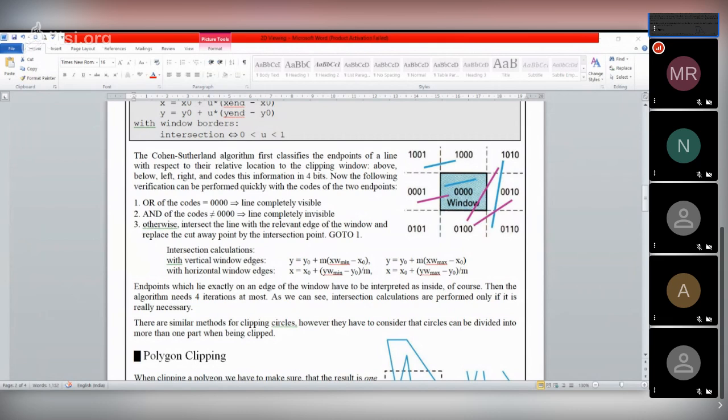Suppose this is our device window, meaning our displayed window. That means we will see all things that are inside this window, and if a line is outside this window, we will be unable to see the line. Now how can it be implemented?